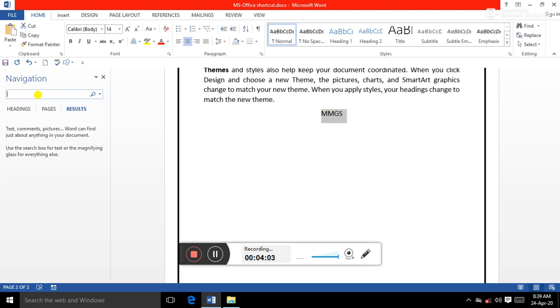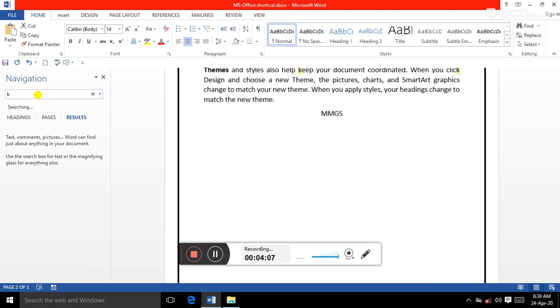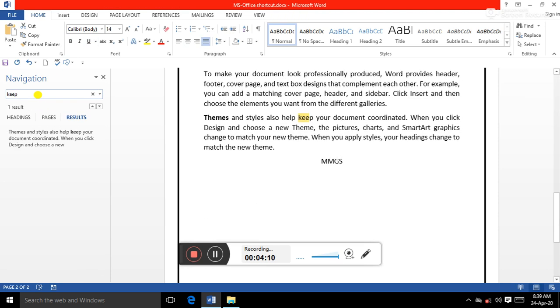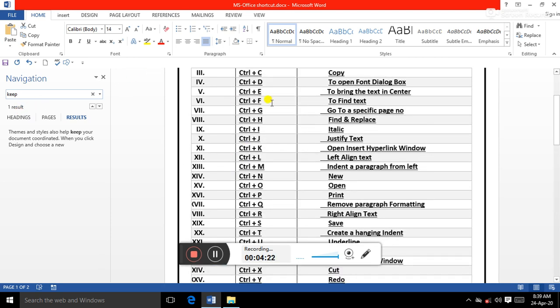Suppose I have to find the word keep. I need to type it here, KEEP. So here is the word keep. It is already highlighted. One result is shown. So one time the word keep is used in my document. This is the use of Control plus F.